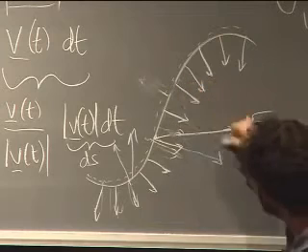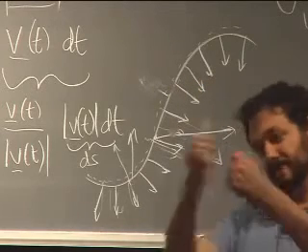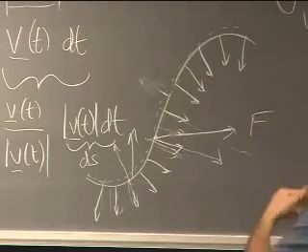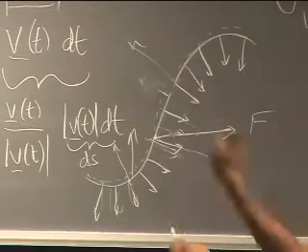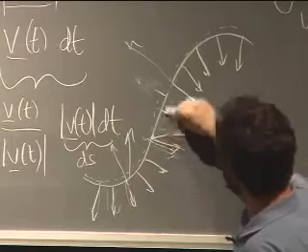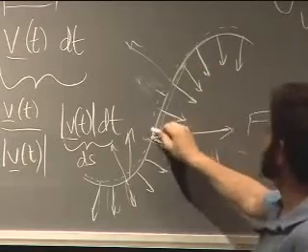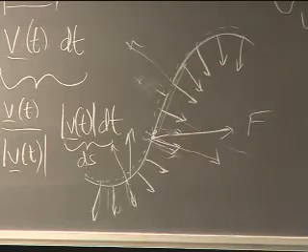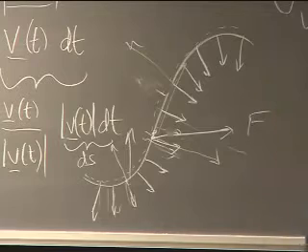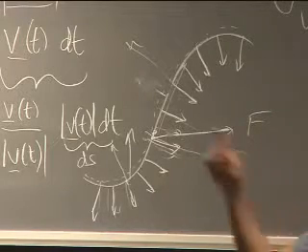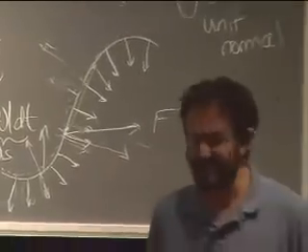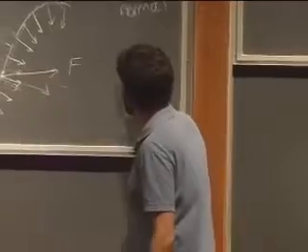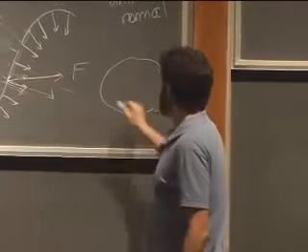The more F is in the same direction as the normal, and the bigger it is, the more strongly they get pushed over the line. If it's pointing that way, they get pushed back, and it's like the wind's in their face. But if the wind's blowing this way here, that ant doesn't experience any force and can just sort of march across. So you've got to ask all the ants, was it easy? How good? Oh yeah, nice wind. And you ask all the ants and you add them all up, and that's what the flux is. Okay, and this is particularly useful when your ants are, say, in a loop,